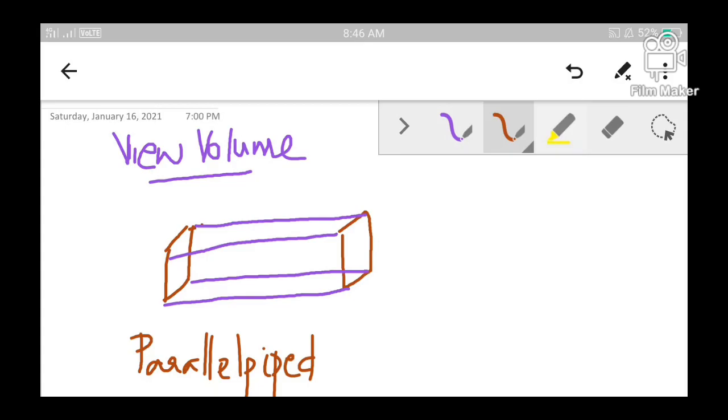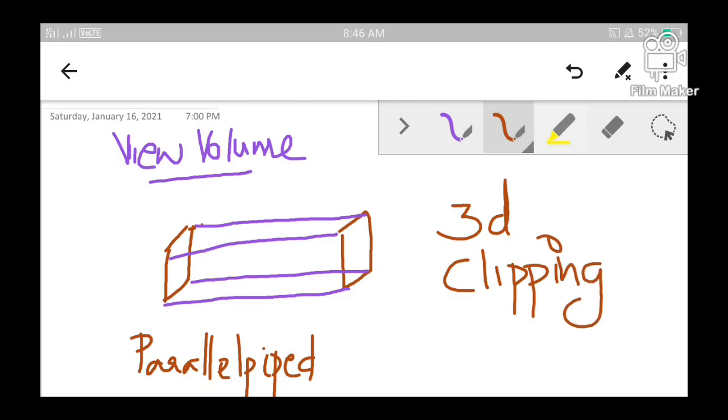So this is what is termed as 3D clipping. So what is clipping? Clipping says save all those portions which lie within the view volume.